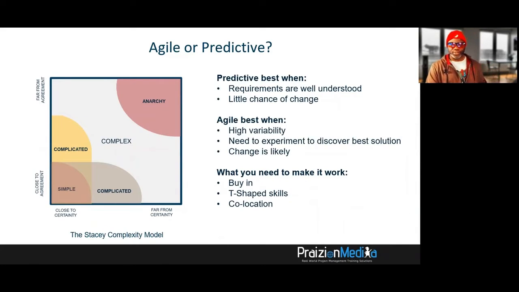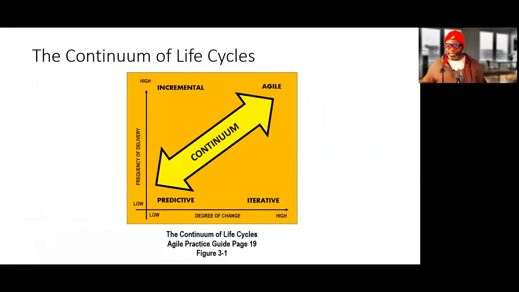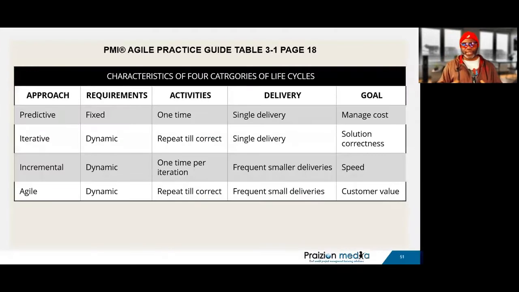Predictive in this simple zone works best when the requirements are well understood. Another key part of PMI's Agile practice guide is the continuum of life cycles. And this just shows you when to use predictive, low degree of change, low frequency of delivery. When to use Agile, high degree of change, high frequency of delivery. To give you more clarity, you've got to take a look at page 18, which breaks down predictive, iterative, incremental,